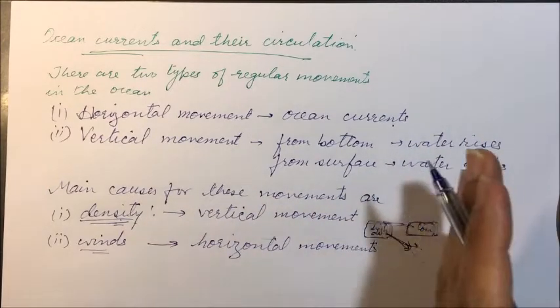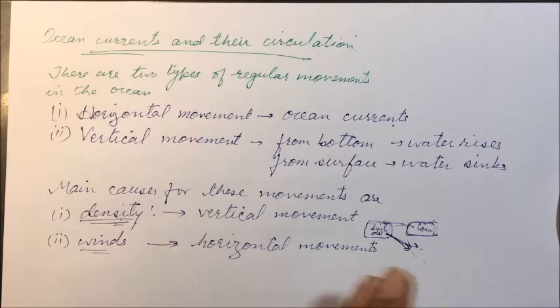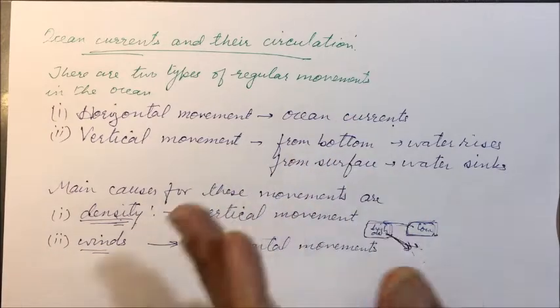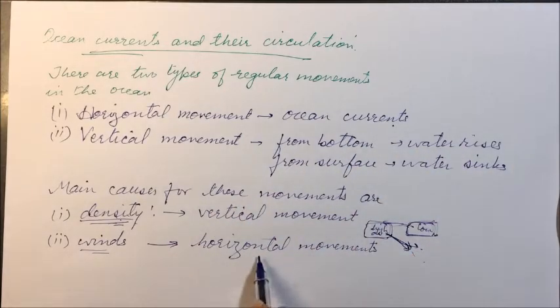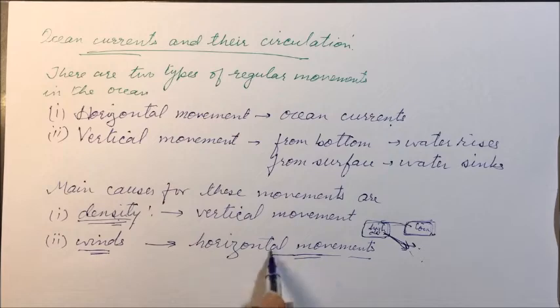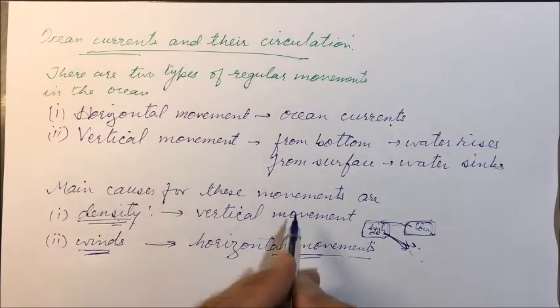So wind flows on the surface. There is a friction between wind and the water, and because of that, water gets moved. Water is dragged along with the wind, and it results in horizontal movement. So winds are the main cause of horizontal movement, and we'll be discussing planetary winds, how they shape the